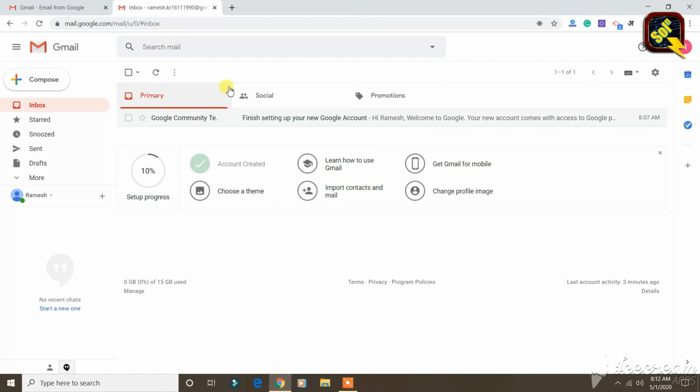So this is the basic way of creating a Gmail ID, as well as how to sign in to the Gmail account. I hope you have got these two ideas. In upcoming videos we will see how we can compose a mail and how we can send a mail to different IDs. So this is all about this video.